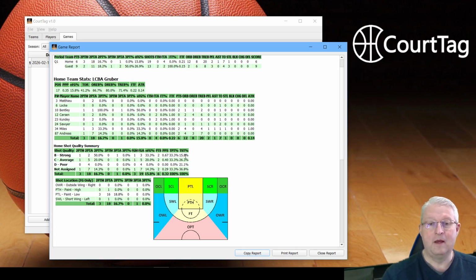shots taken. We've only shot 16% of our shots were B-level shots. So only 16% of our shots produced 33% of our points. Okay. Then the C, the kind of regular Joe ones, we shot 1 in 5, which kind of makes sense. And